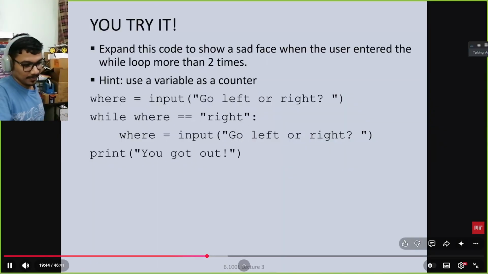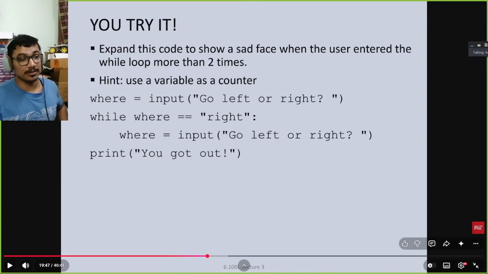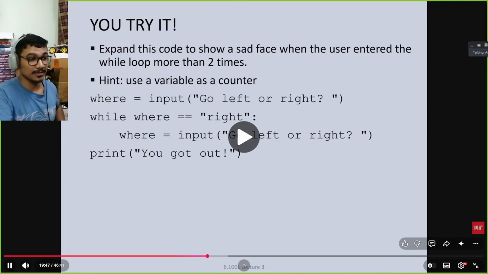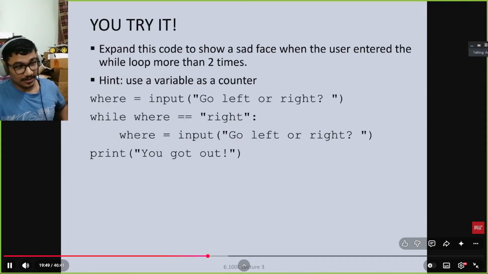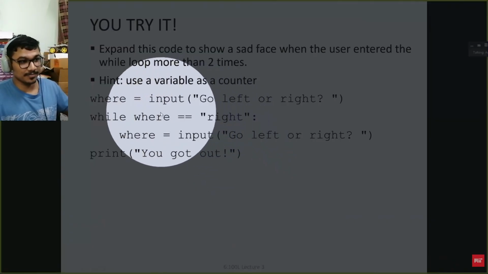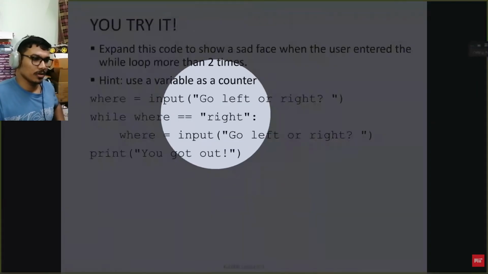Yeah, this little program is an extension of the Lost Woods. That was definitely fun, solving this problem in my own way. This is exactly the same program that I just ran a few slides ago, but what I want you to add is an extra printout. So when the user says right more than 2 times,